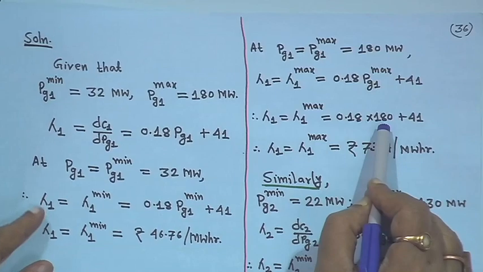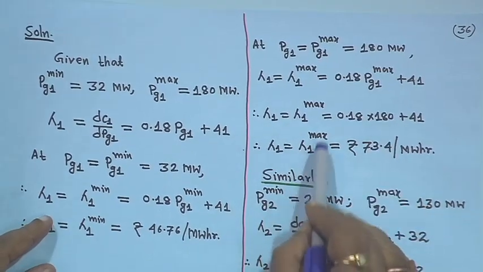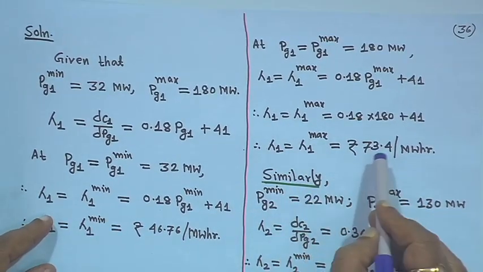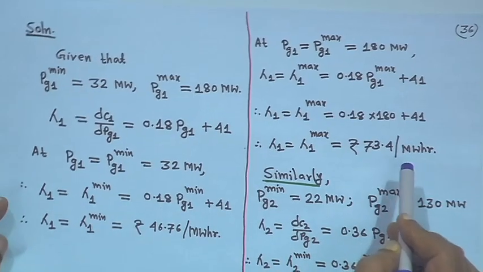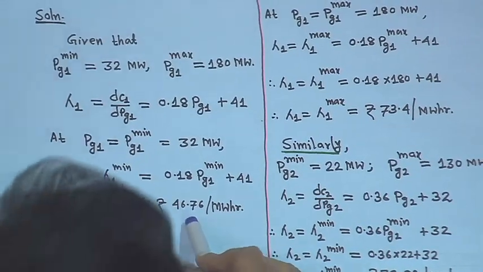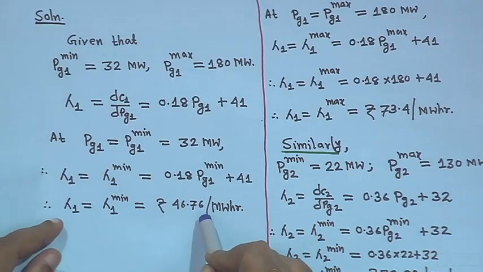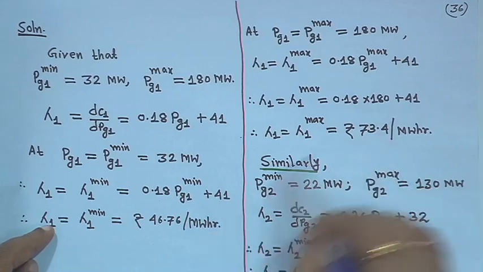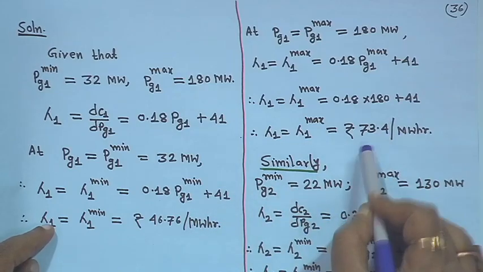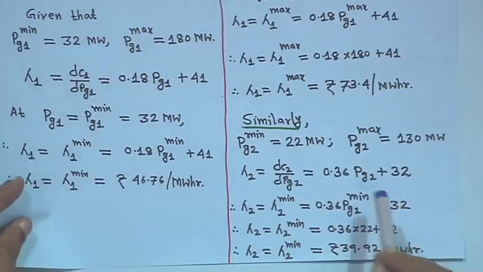Substituting 180, you will get lambda 1 max equal to rupees 73.4 per megawatt hour. That means lambda 1 min we got 46.76 and lambda 1 max 73.4, and within this range lambda will vary. Similarly, for unit 2,